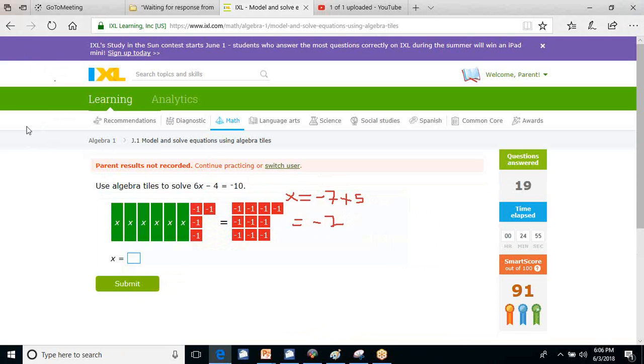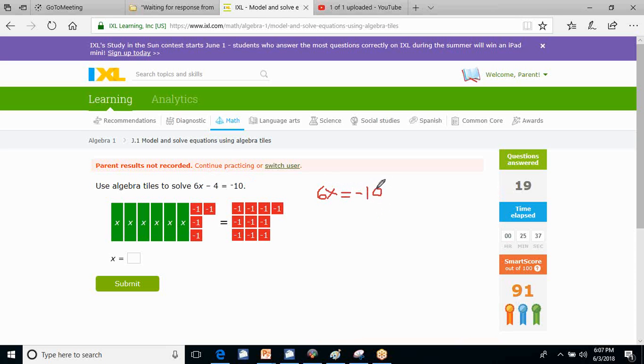All right, let's erase this. All right, let's look at this now. So you're going to use the algebraic tiles to solve. All right, so this is the equation. Okay, so 6x minus 4 equal to minus 10. So again, the same thing you have been doing. All right, so 6x, you carry your numbers. So this is 6x. Carry the number on one side. All right, so we're going to take the minus 4 over here. So you're going to have minus 10,